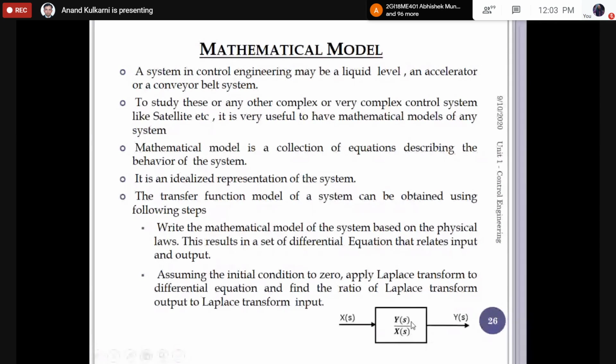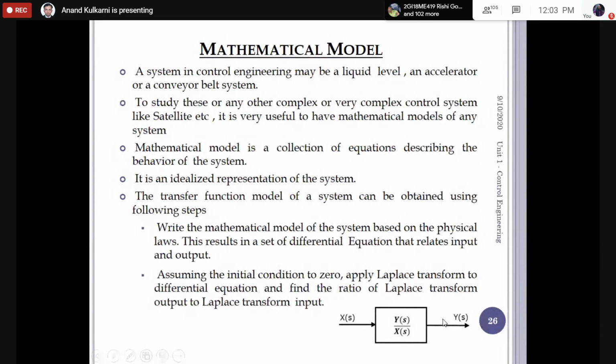So here, instead of Y upon X, it should be written as some transfer function, TF, or say G. Transfer function is generally represented as G, whereas S indicates the Laplace is taken, T indicates Laplace is not taken. So in the bracket, if there is a T, that means it is a basic function, whereas if the Laplace transform is taken, T is replaced by S, that is the Laplace operator, Laplace variable. So input gets multiplied by this transfer function and you will get the output.